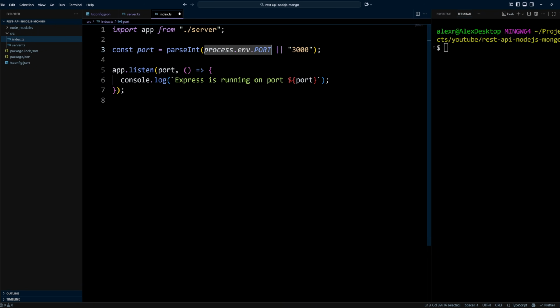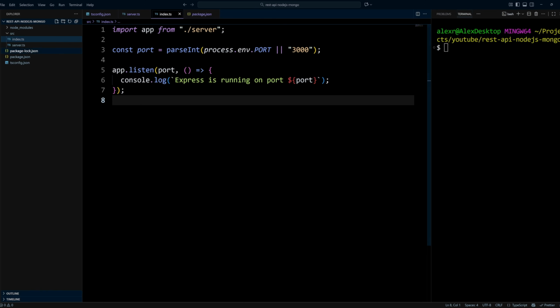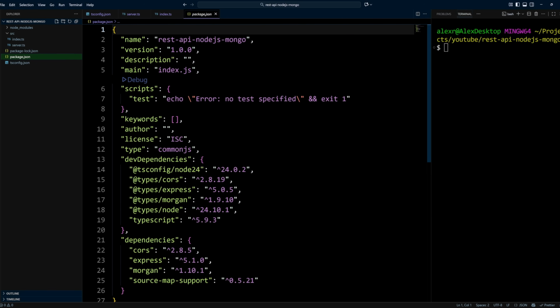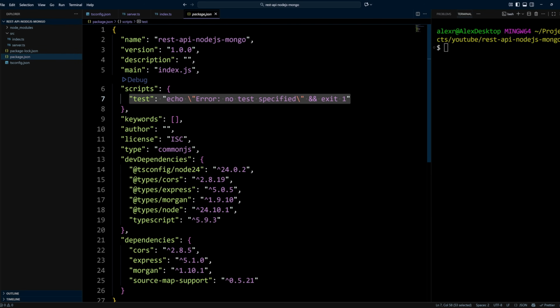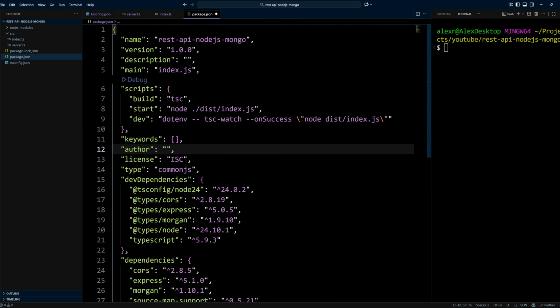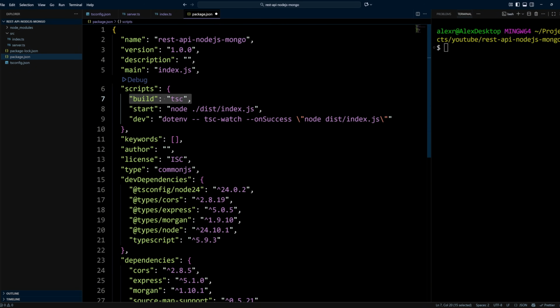Now let's go to the package.json file, and we will create the commands that will allow us to build, start, and run our application in dev mode. So the build command will use the tsc. The start command will basically run the index.js file that was built in the dist folder. And the dev command will actually let us automatically restart when the files are changed and load env variables